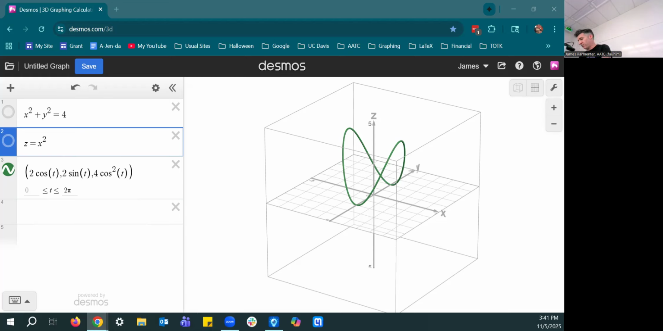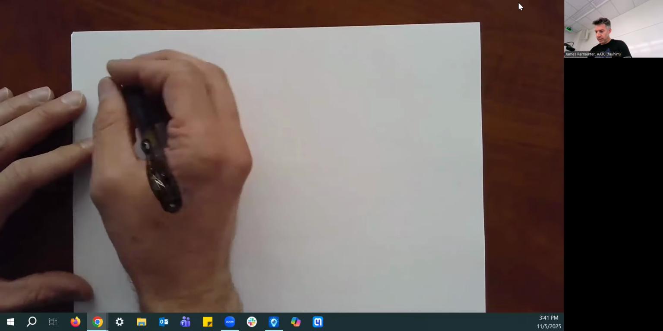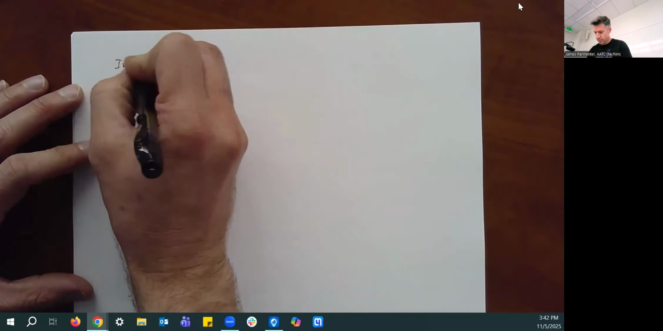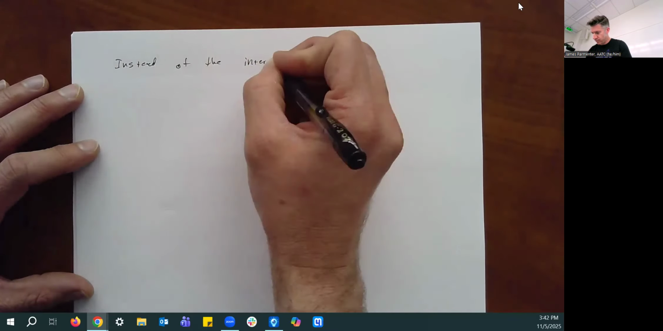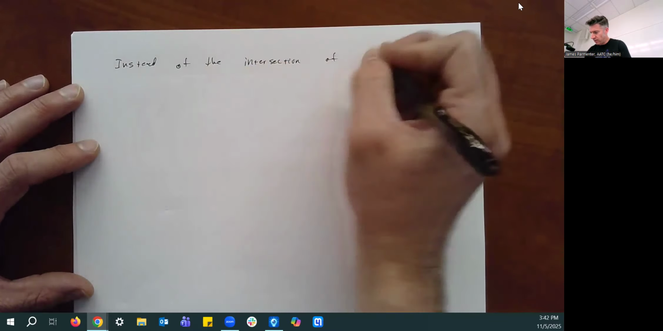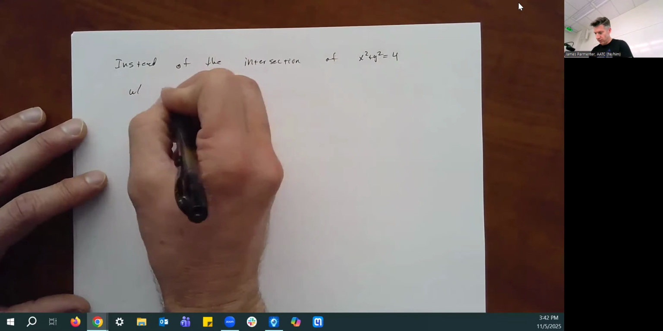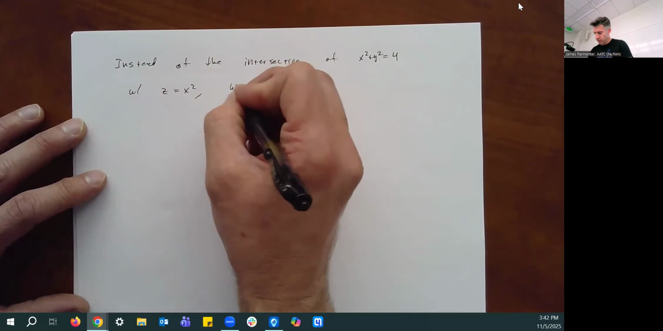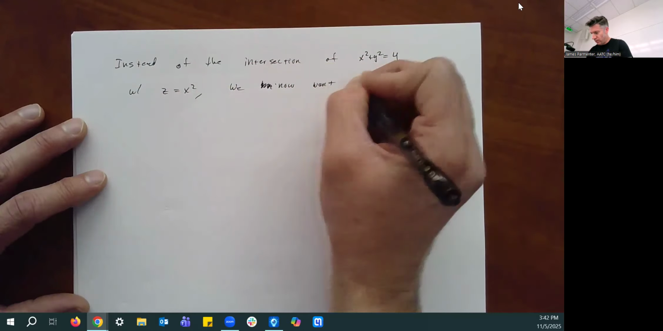So then you can talk about other things. Another kind of interesting one. So let me just show you one more. Similar nature, but a little different, is a helix. So instead of the intersection of x squared plus y squared equal to 4 with z equal to x squared, we now want to examine